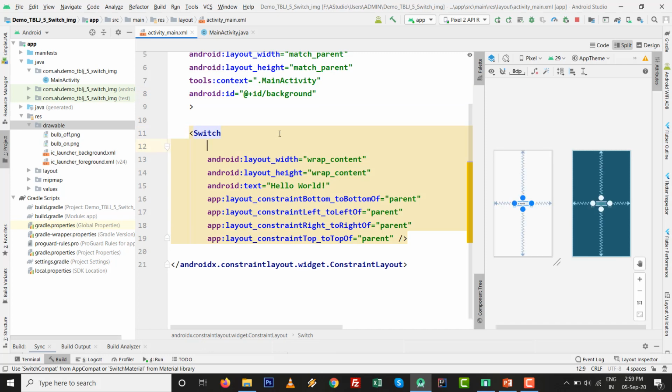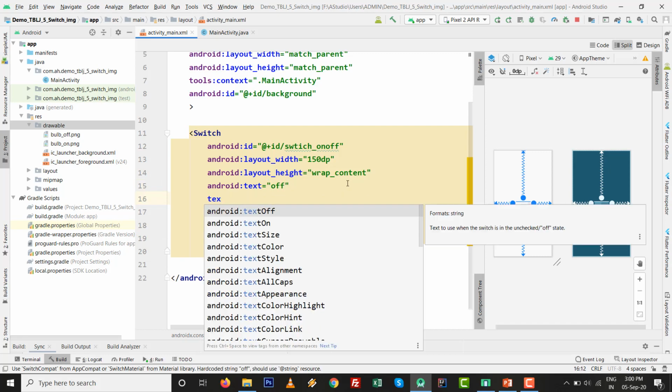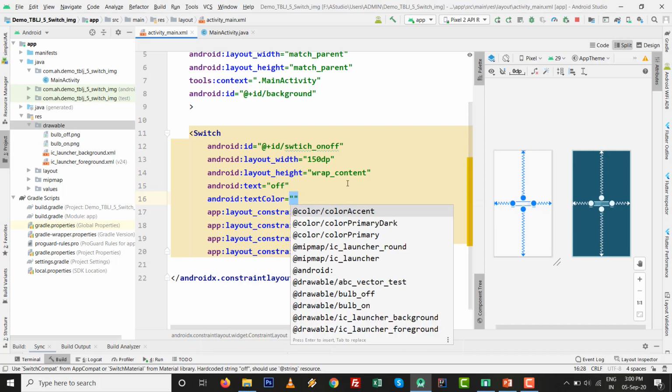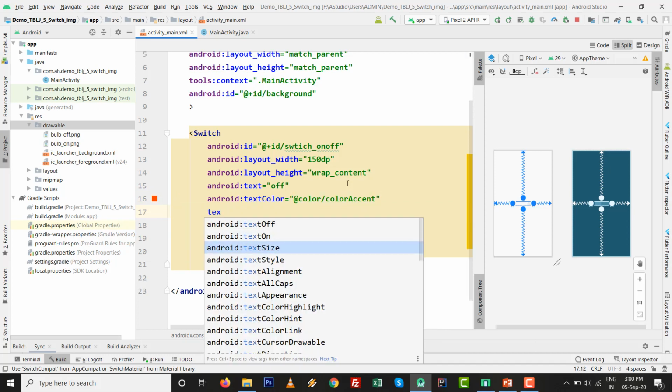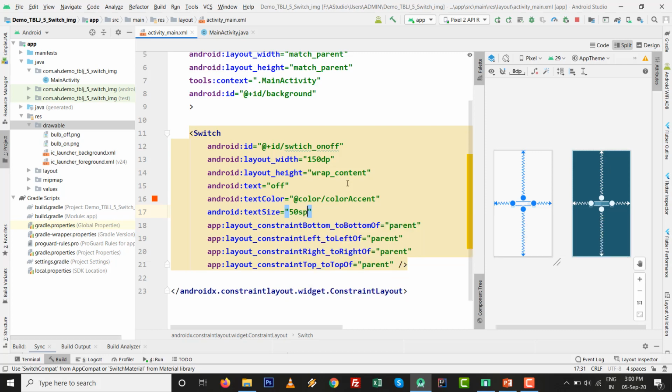Give the ID, whatever ID you want; I give the ID name switch_on_off. The width will be 150 dp, wrap content is okay, but on initialization I make it off. The text color can be whatever color you select, and the text size will be 50 sp.